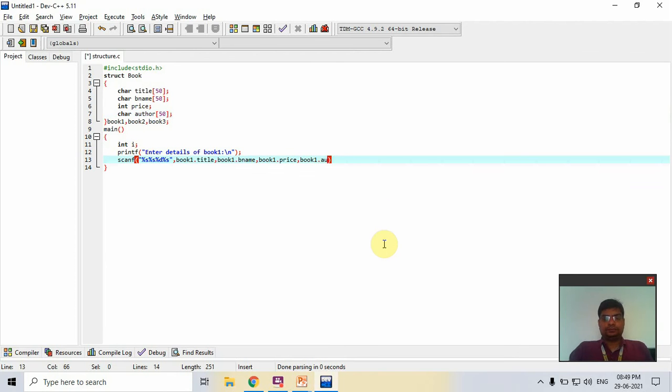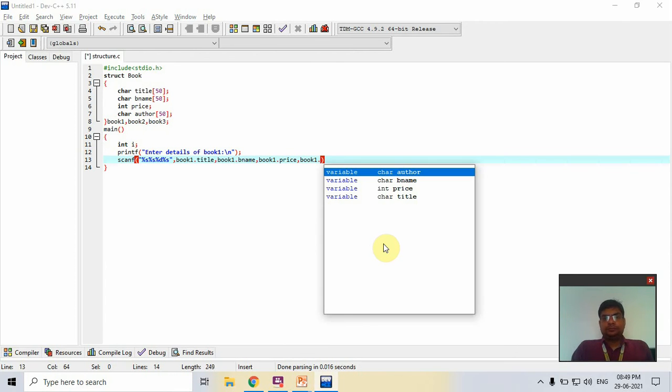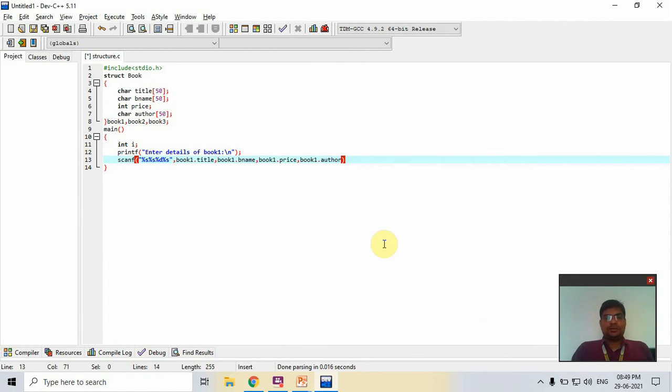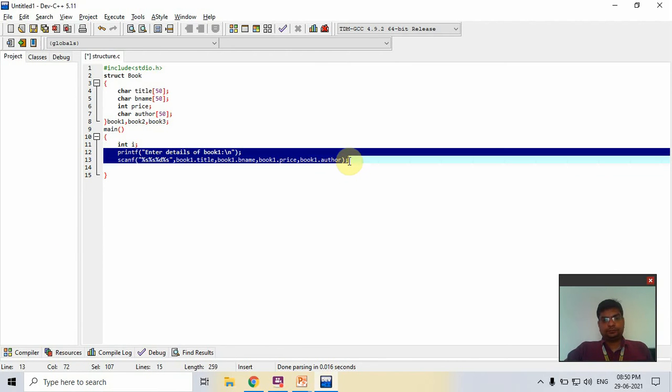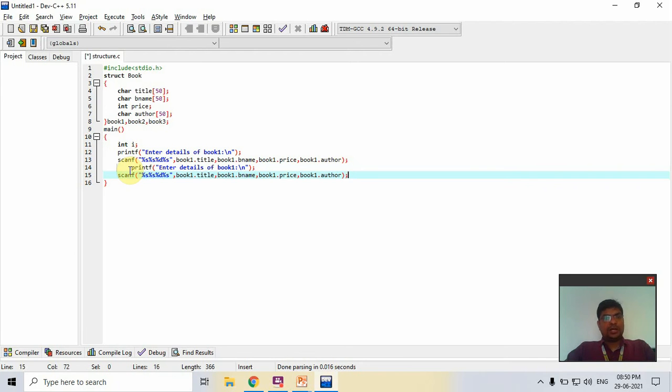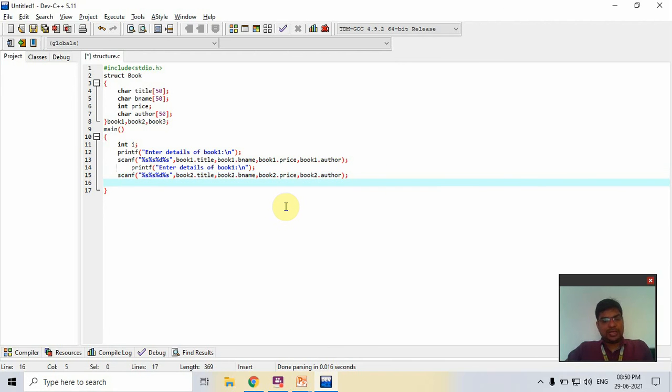Now semicolon. Now it reads the book1 details. Now copy that and change it to book2. Okay, now the same for book3.